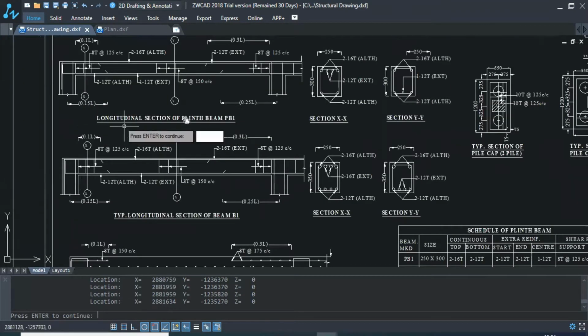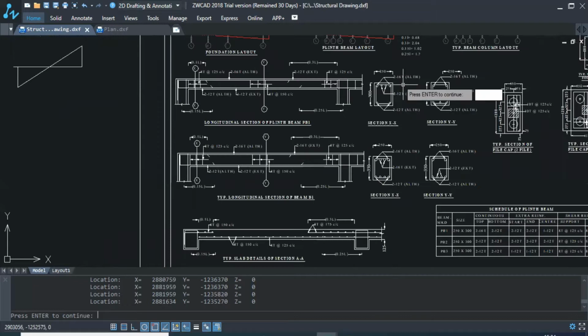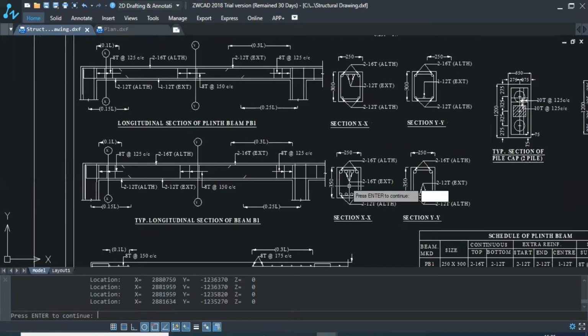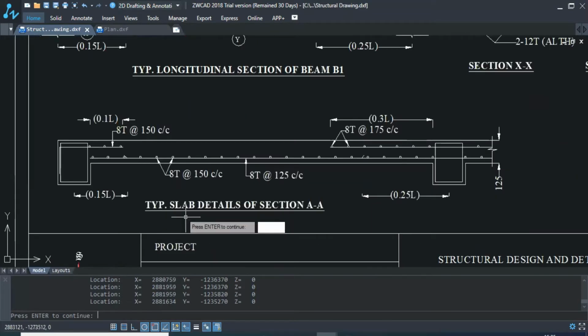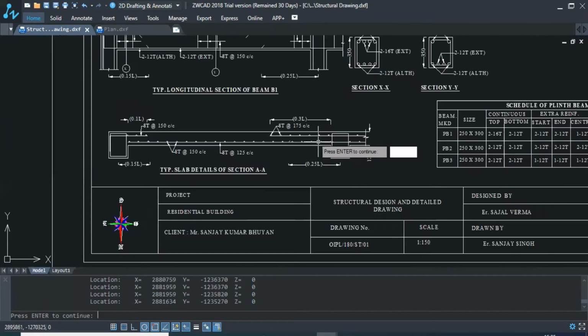This is the longitudinal section of the plinth beam and this is the longitudinal section of roof beam, this is the cross section of the plinth beam, and this is the cross section of that roof beam. Here is the slab reinforcement. Here you can see this is the longitudinal section of the slab, roof slab.